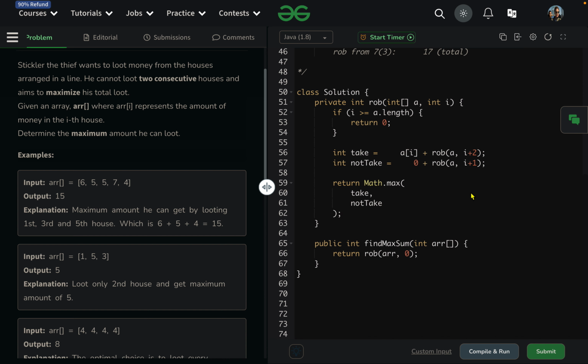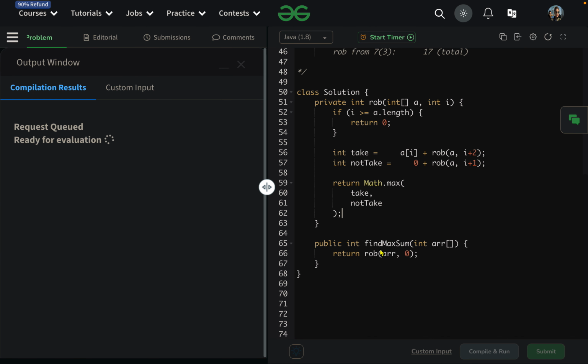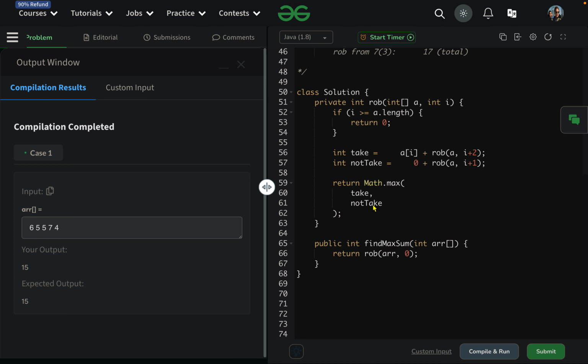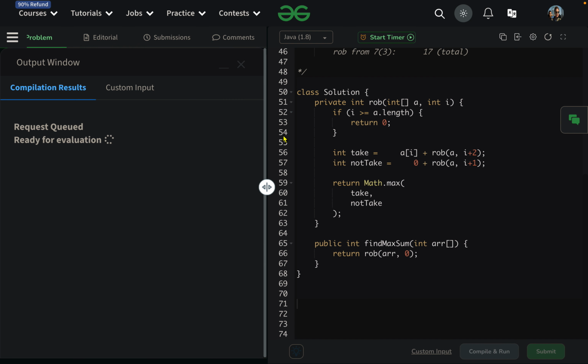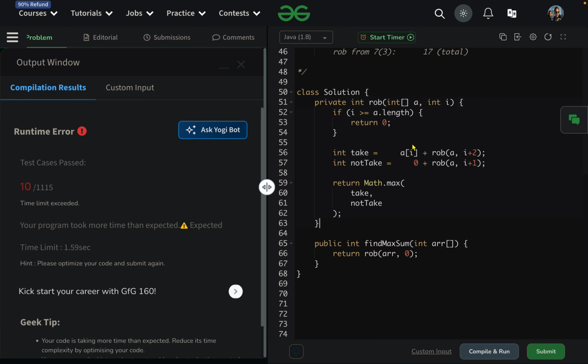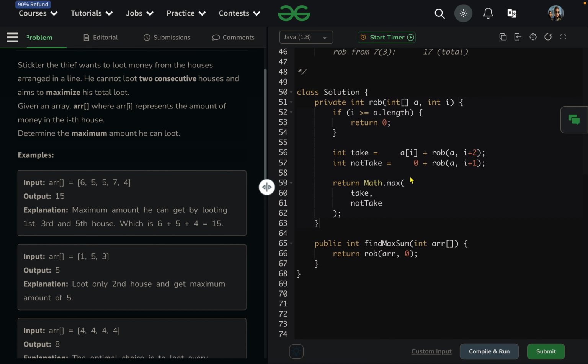Sweet. Let's run this. It would pass the sample test cases, obviously. Yes. But hold on for a while. It would fail drastically in the rest of the test cases. Let me execute this problem. So I'm executing this and it would fail. Why would it fail? Many of you might have an answer ready for this, because we have a complexity which is exponential. So it handily passes 10 cases, and since the time complexity is exponential